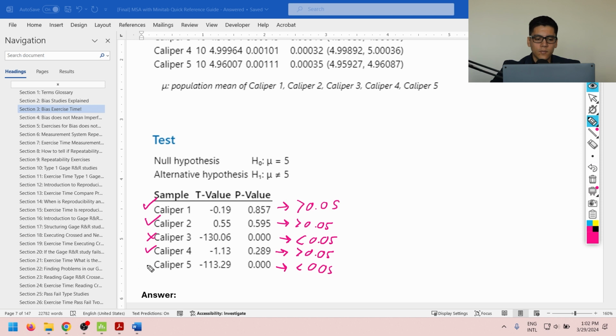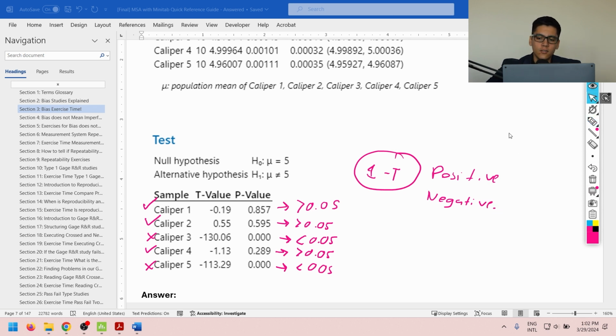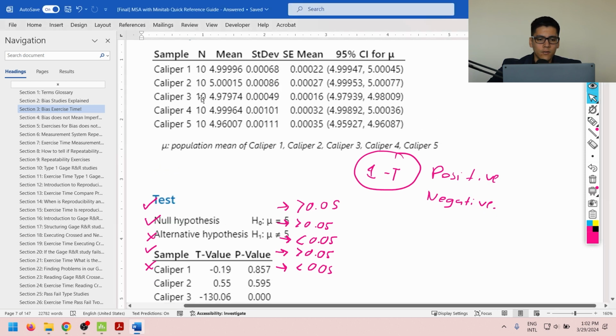It does introduce bias. Please take note that the one sample t-test does not tell me if the bias is positive, as in we report parts as being bigger than they are, or negative, as in we report parts as being smaller than they are. To determine that, I need to look at the low-level data. So I know that caliper 3 and caliper 5 are bad. If I look at caliper 3,